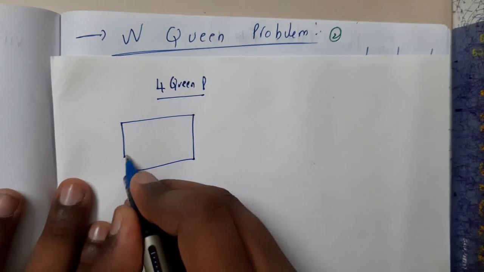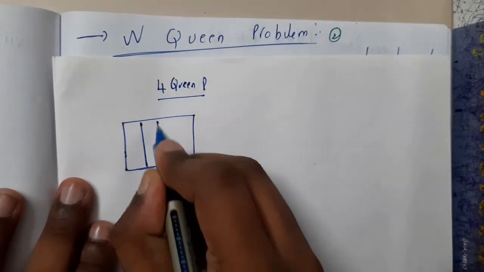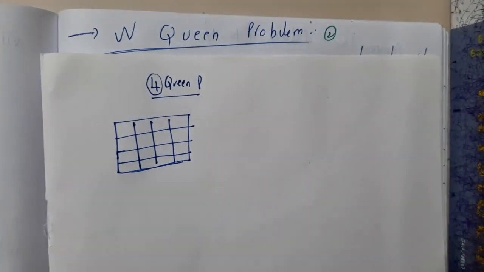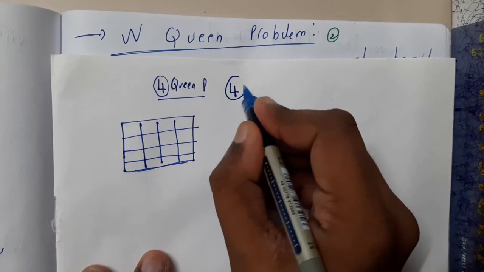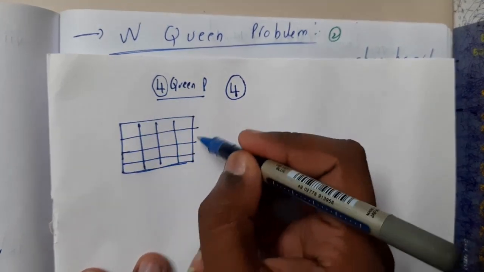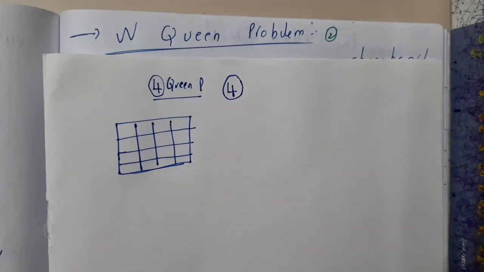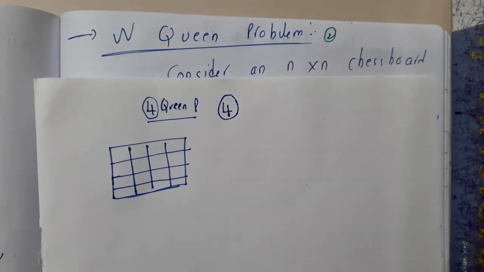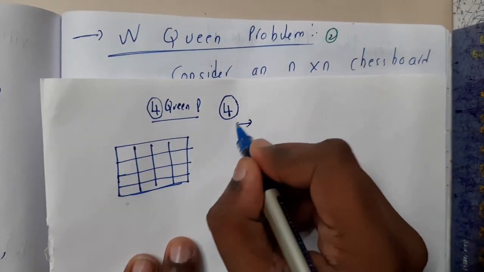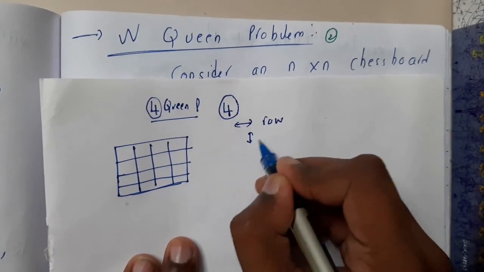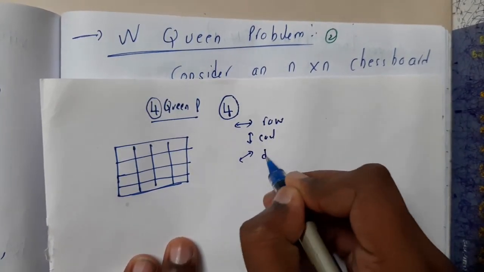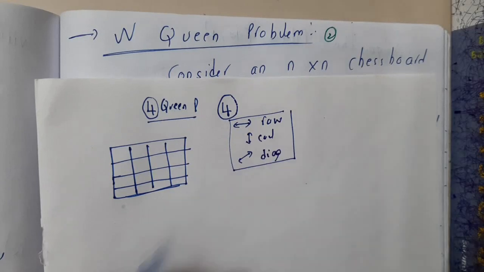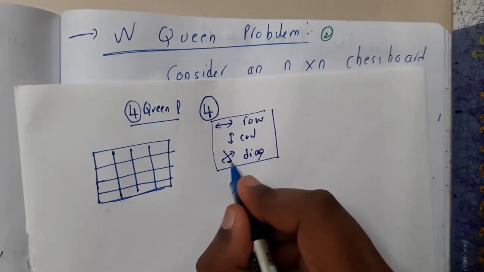The 4-queen problem is nothing but we will have a chessboard 4 cross 4, not 8 cross 8, guys. It is 4 cross 4 because we have 4 queens. You have 4 queens in your hand. Your goal is to place the 4 queens in any spot you want, but they should not kill each other. That indirectly means that there should not be two in the same row, same column, or same diagonal. These are the 3 conditions for the queen, right? It can go up, down, right, left, and both diagonals.